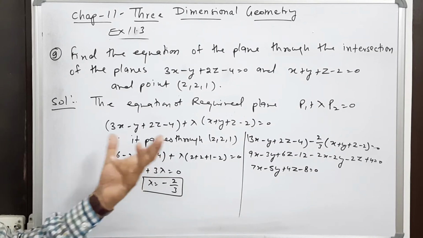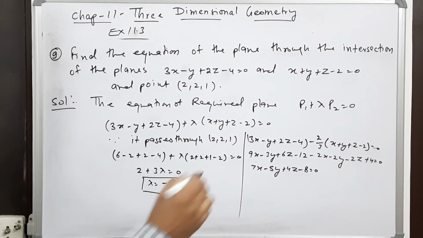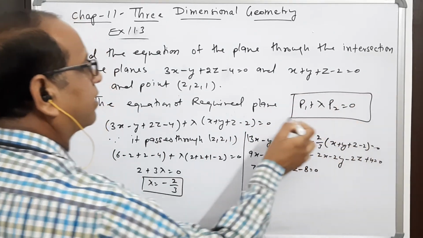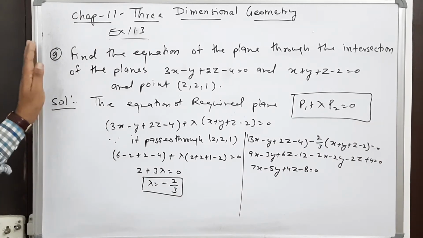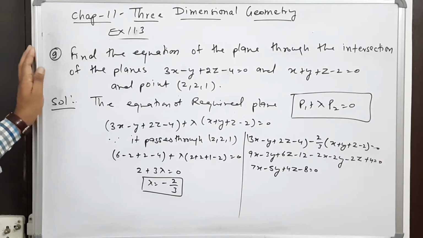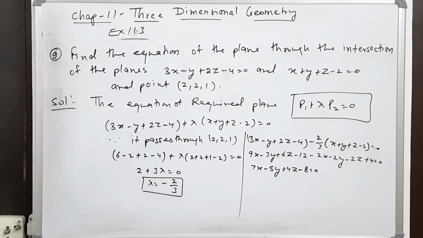So in this way this particular problem is very important. You have to remember this part. Similarly you can try sum number 10 and sum number 11 also, which are of this type. Now I am taking the next problem, and that is the distance of a point from the plane.